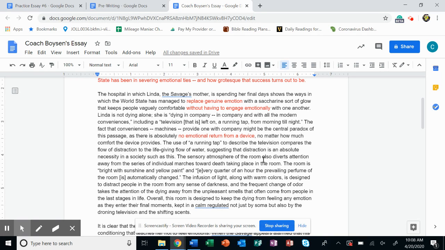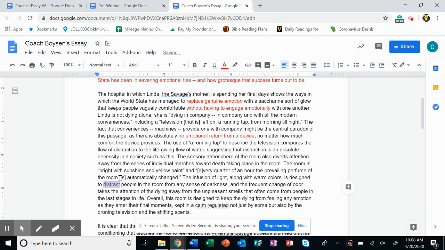The sensory atmosphere of the room also diverts attention from the series of individual marches towards death taking place in the room. The room is bright with the sunshine and yellow paint, and every quarter of an hour, the prevailing perfume of the room is automatically changed. The infusion of light along with warm colors is designed to distract people in the room from any sense of darkness, and the frequent change of odor takes the attention of the dying away from the unpleasant smells that often come from people in the last stages of life. This distraction